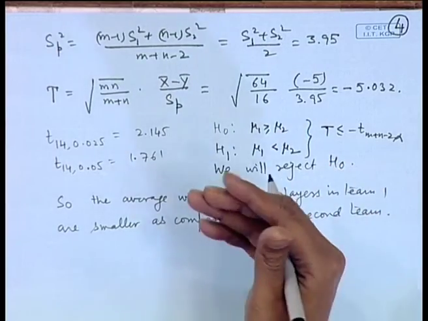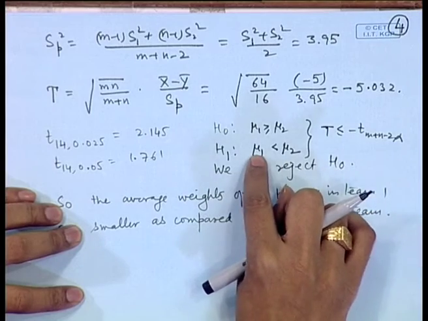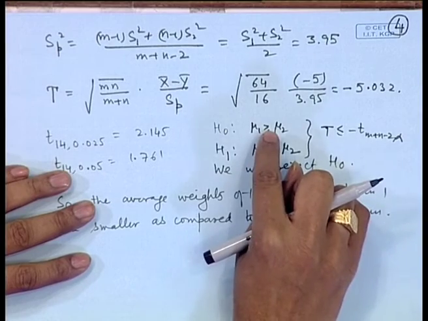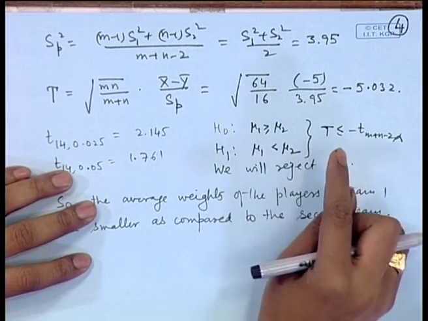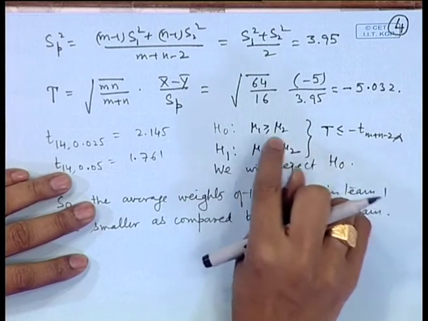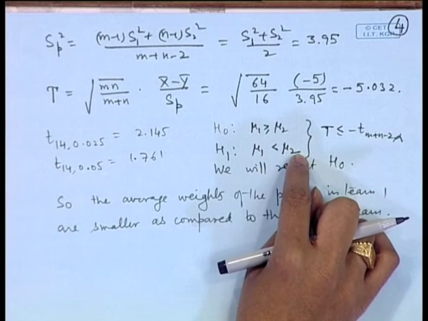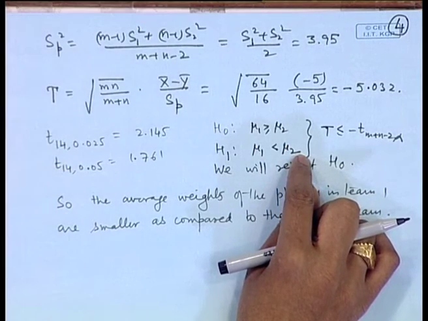So, actually this is the point I wanted to emphasize, that when we write the hypothesis, we should not simply get a conclusion based on one hypothesis and say something, rather we should analyze the closely related hypothesis also. For example, in this case we are saying reject H naught. So, rejecting means mu 1 is less than mu 2. On the other hand, if we had framed it in the reverse way, then we cannot reject H naught, but that would have meant mu 1 is less than or equal to mu 2, but actually equal to mu 2 is also rejected here. Therefore, we conclude that mu 1 is significantly smaller than mu 2 in this case.